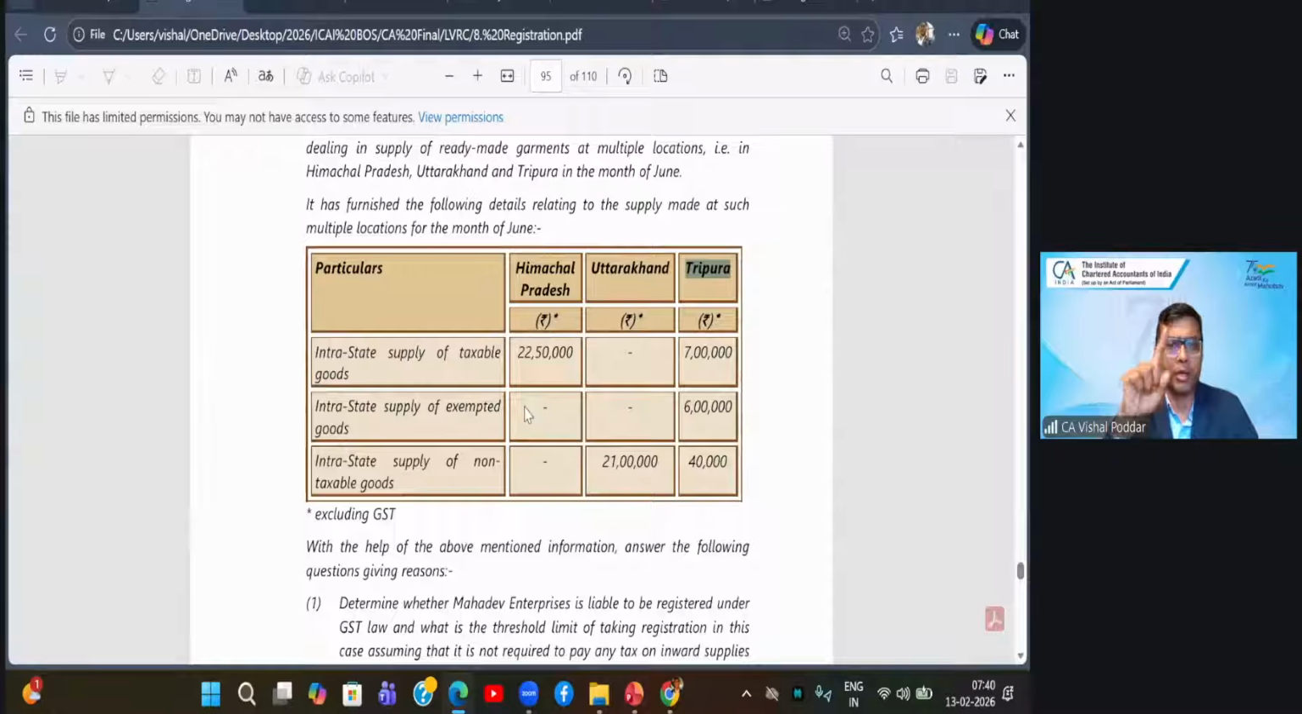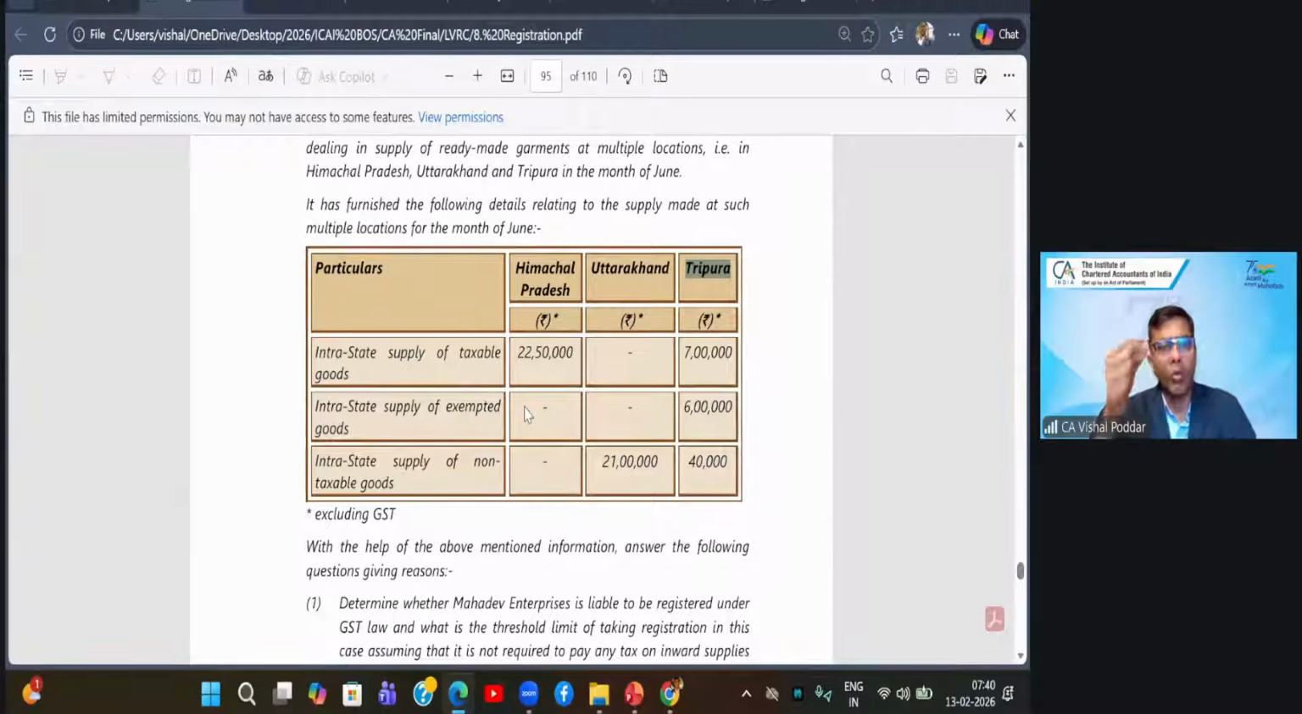Point number one. But wait, I have not yet completed because there is an exception to this. But first, second point, let us say I am tweaking this question. Let us say I'm changing the figures because of which the total turnover becomes 26 lakhs. Had it been 26 lakhs, then what you have written, the turnover is not exceeding the limit of Himachal Pradesh. But since it is exceeding the limit of Uttarakhand and Tripura, hence the assessee will be required to take registration